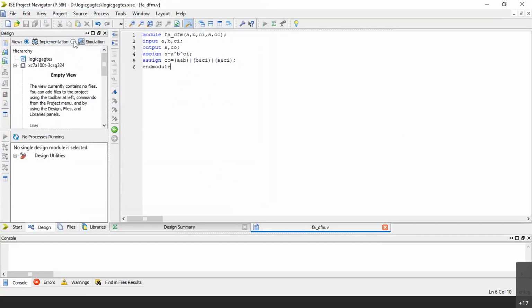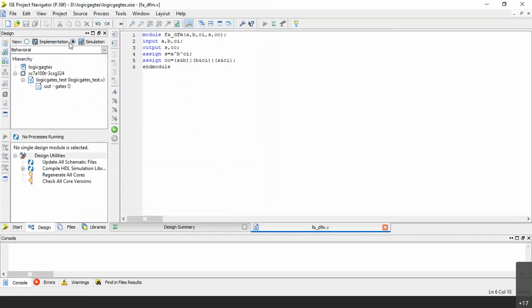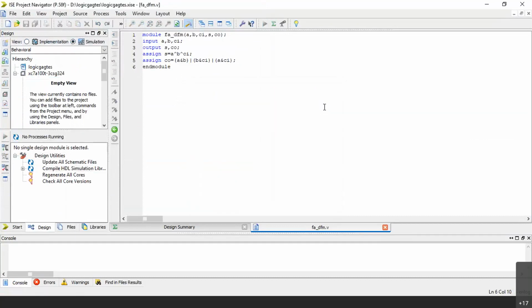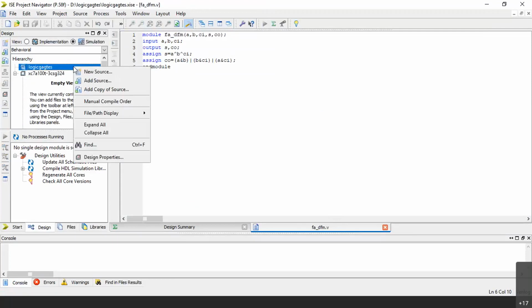Let me come from the implementation to the simulation. Now here I had that old test bench belonging to the previous class. Let me remove that. Now you can see there is only this project name. Let the project name be logic gates only. In each class you need not create a new project, because anyhow this is a lab experiment. If it is a real world bigger project, we can create new projects. Otherwise I am using the same project which I had used in the last class. So let it be that way, doesn't matter.